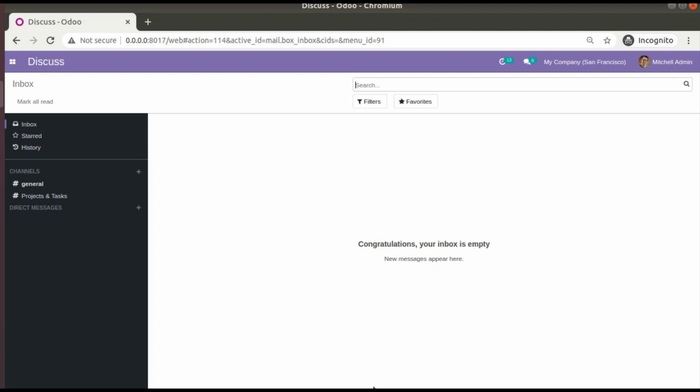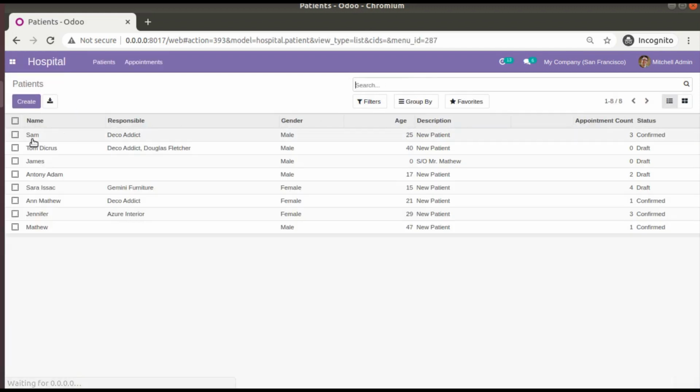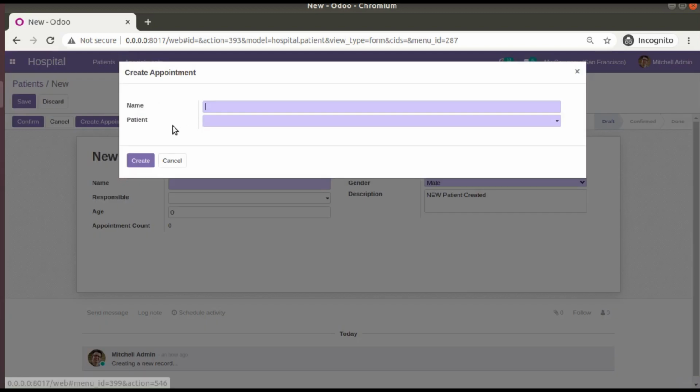Even though we have created different records like patients and appointments, if I go to the hospital menu, you can see we have created a lot of records. Still, that creation is handled by Odoo. We have simply defined a form view, and on clicking save, Odoo automatically adds the corresponding values to the database, yet we haven't used a create method of our own. So in this video we will be discussing how to create a record from code.